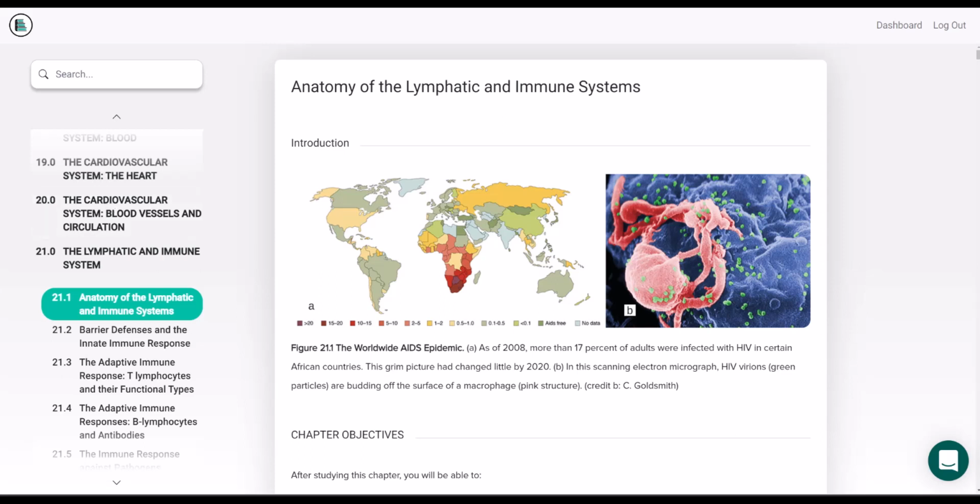Today we'll only be looking at 21.1 in the Blossom. The other sections of this chapter are not material that you need to worry about. Again, just 21.1. So the lymphatic system, there is so much more to this system that we will not be